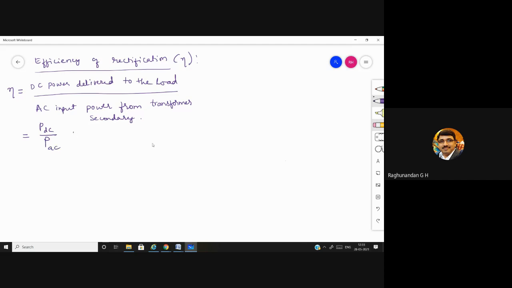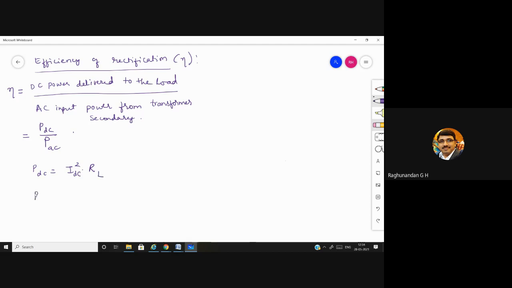For power, we already know the basic equations. P is equal to I square R, P is equal to VI. Here we will be using P is equal to I square R. So PDC is equal to I square R. First we write the basic equation. What kind of current will you consider for PDC? Obviously it should be DC. And across which resistance is this DC current flowing? Across RL. So it is RL.